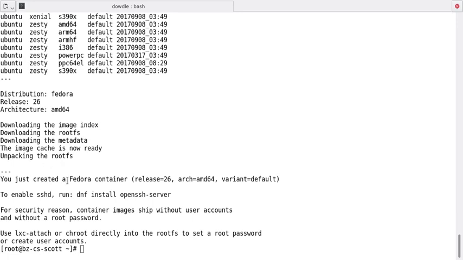You just created a Fedora container to enable SSHD, run DNF, install OpenSSH server. So these things are very minimal. For security reasons, container images ship without user passwords and without a root password. So you can use lxc-attach, or you could chroot into where it extracted everything and run the passwd command instead of password. So I'm going to just start it up, and if we say lxc-ls --fancy again,